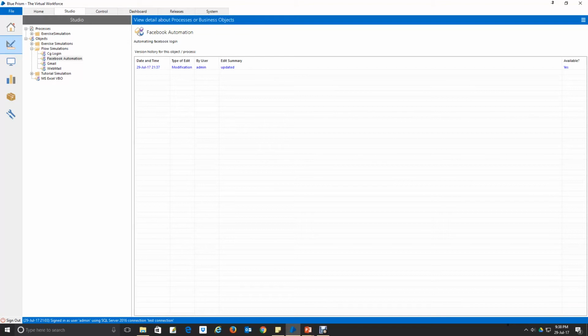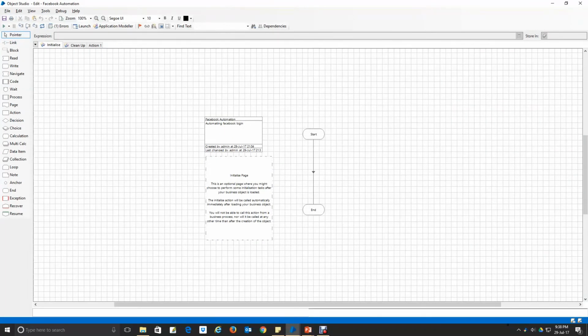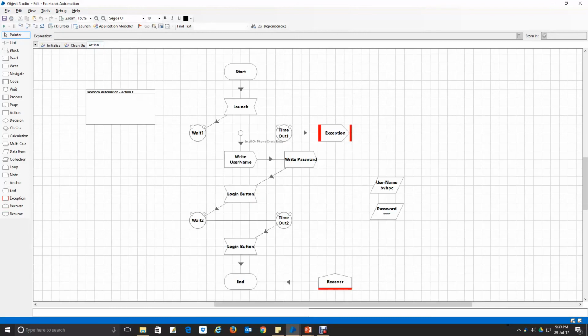Here is my object studio. I have already created an object called Facebook automation. Let me open my object. Here in action 1, I have created some modules. First I have spied all my required activities.